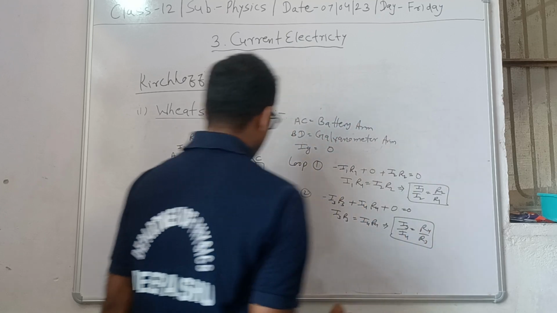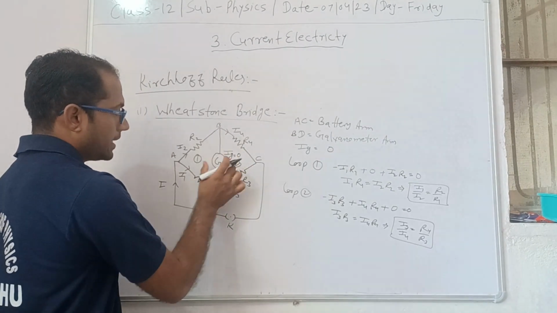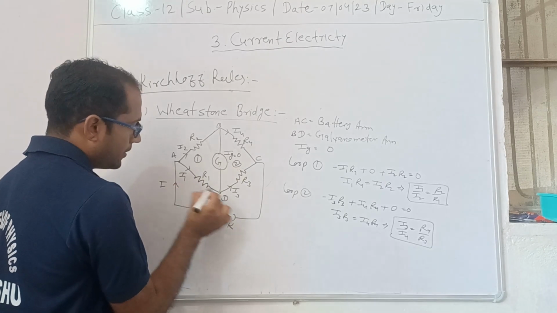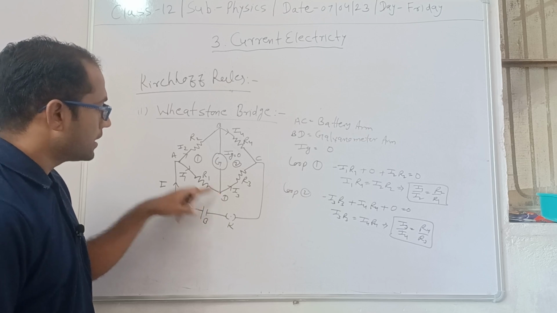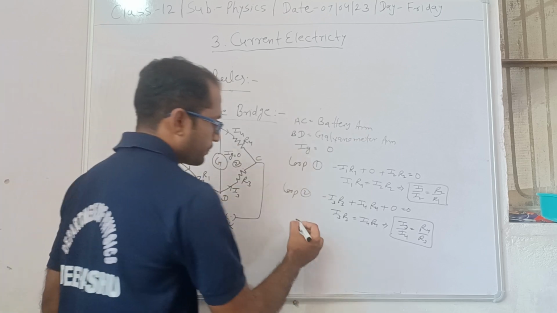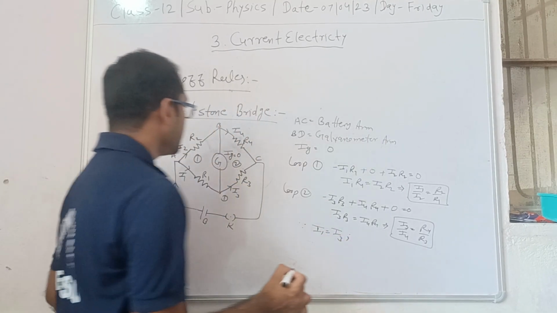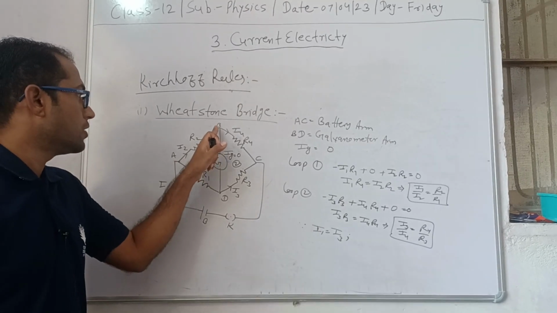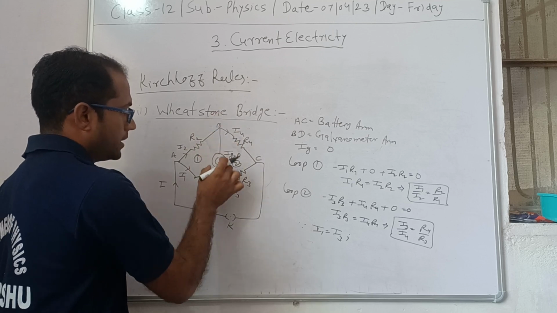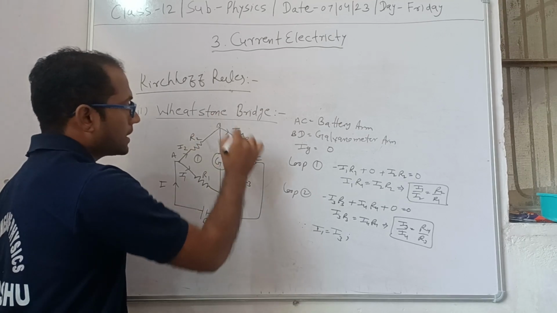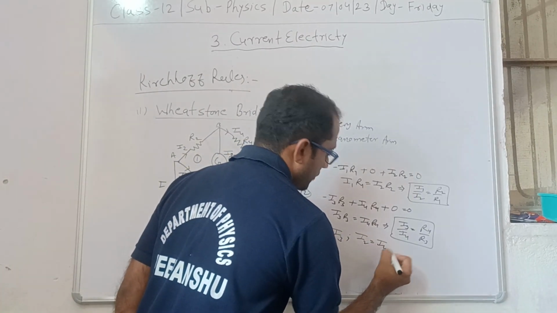Okay, in this case at the point D, if no current flows in the IG, then the values of I1 and I3 are the same. So the complete current I1, if not divided at that point, is converted into I3. So in this case I1 equals I3, and the same phenomenon happens here. At the point B, if I2 comes and no current flows in this edge, the complete current is converted into I4. So we consider I2 equals I4.